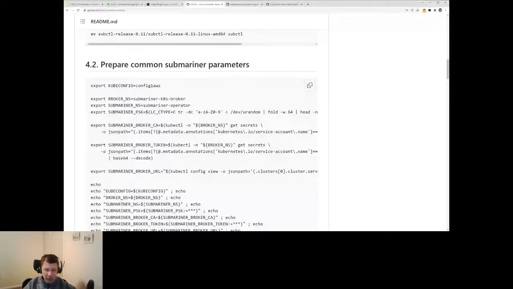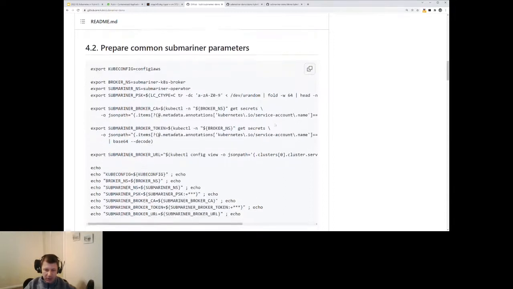If we had a third cluster that we use as broker storage, we could actually deploy Submariner operators into that as part of our cluster specification deployment. But here I decided to simplify it a little bit and just use one of those two clusters as a broker